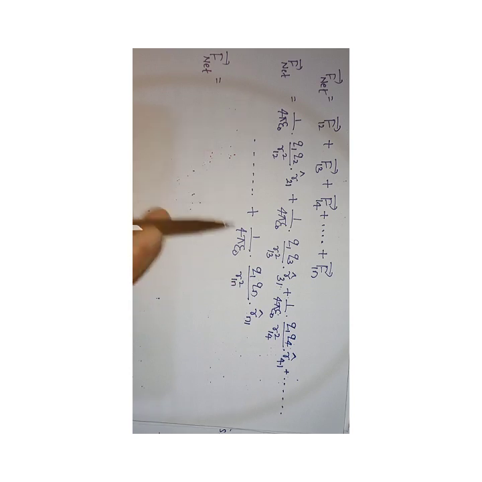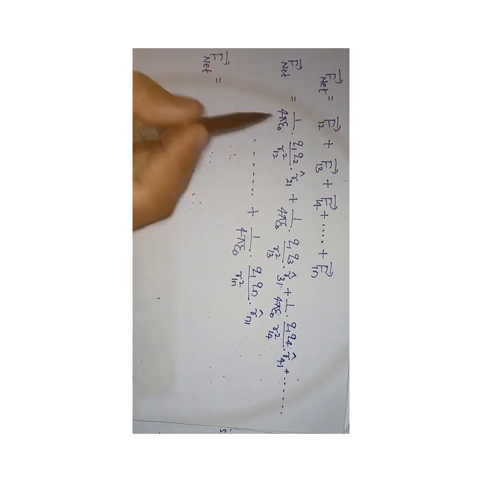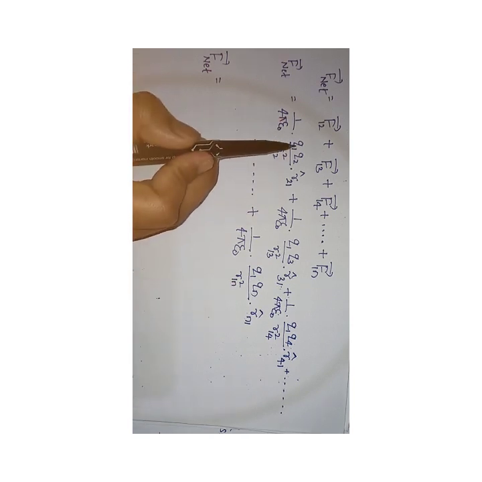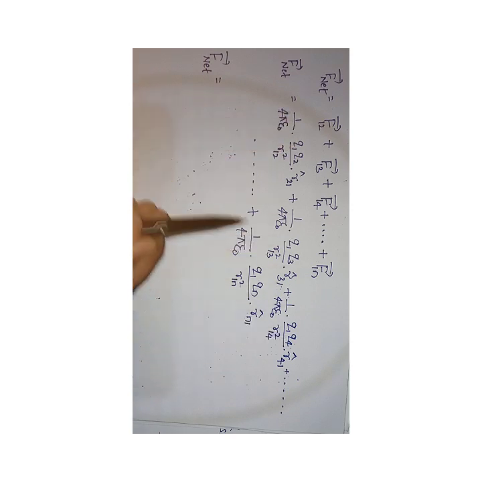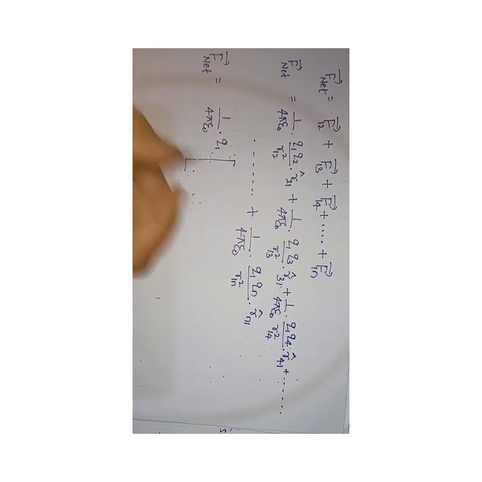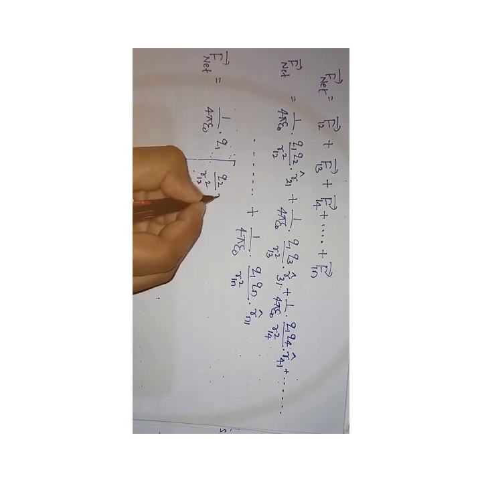Now, what is the common thing? We will write it outside and put the remaining inside the bracket. So the common thing is 1 by 4 pi epsilon naught and Q1. See here. Right? So I'll write 1 by 4 pi epsilon naught into Q1 outside. Inside the bracket, Q2 by R12 square r cap 2 to 1. Just see here.